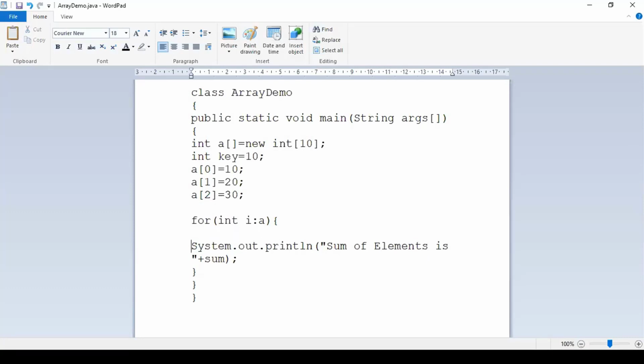So what condition do I need to check? If your key element is matching with the i, right? If it is matching with the i, correct? What does it mean? Element found, right? So I can write some statement like this.